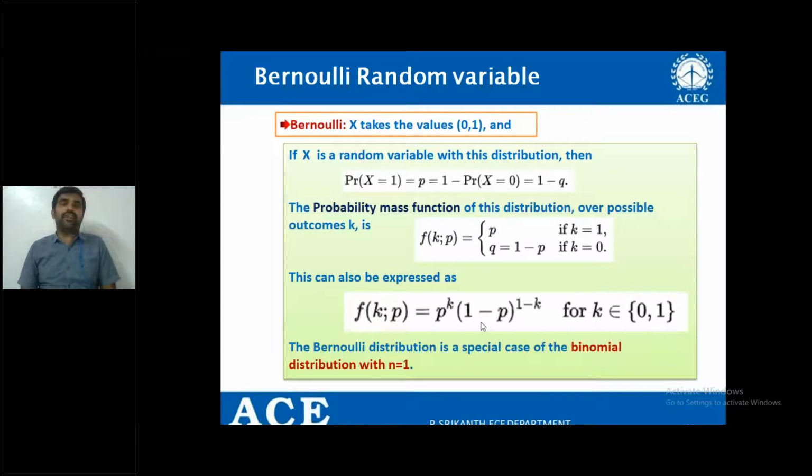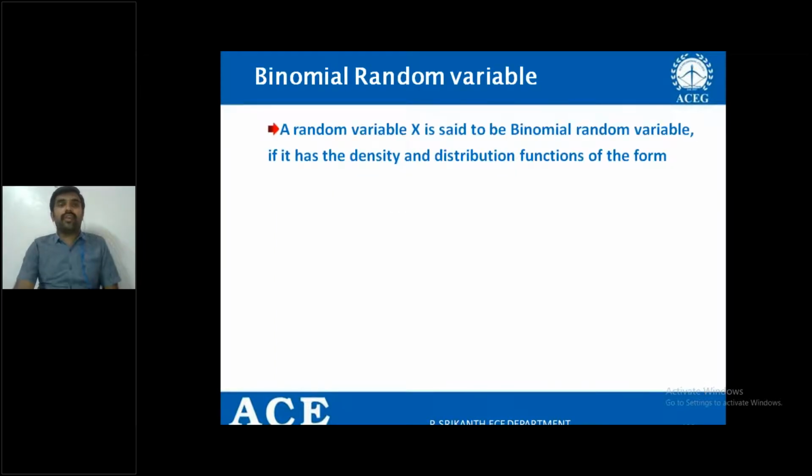Binomial distribution with n equal to 1 can be considered as Bernoulli distribution, right? And for a binomial random variable, as the name itself suggests, here also we consider only two possible outcomes, but the number of trials is not restricted to one as in Bernoulli. Here, a random variable x is said to be a binomial random variable if it has the density function and distribution functions of the form,